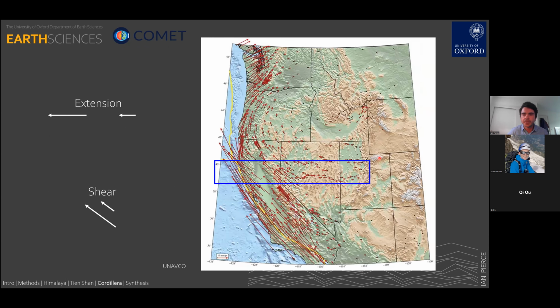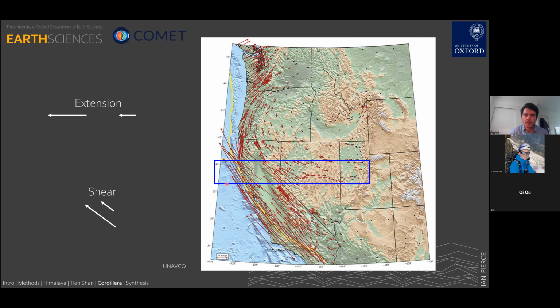This is a GPS velocity map of the same region as the last slide. If we look at a transect from central Utah towards California, we see that the vectors slowly get larger. This is a signal of extension. As we approach the California border and the Walker Lane, the arrows are northwest oriented and become longer. As we continue westward to the coast of California, the vectors grow much larger, and that's a signal of northwest-oriented